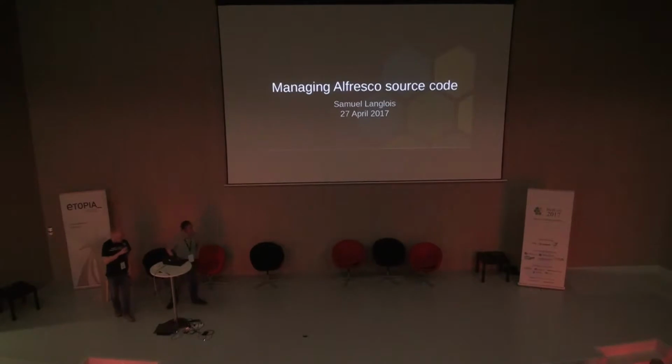Okay, after sorting out a bit of a technical issue with the display connector, we are ready for our next